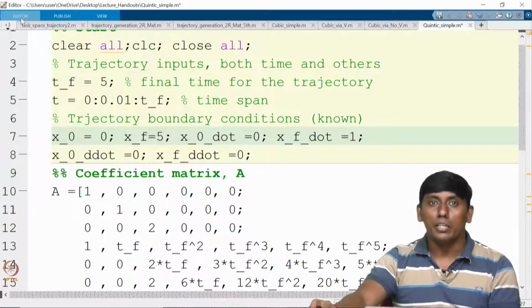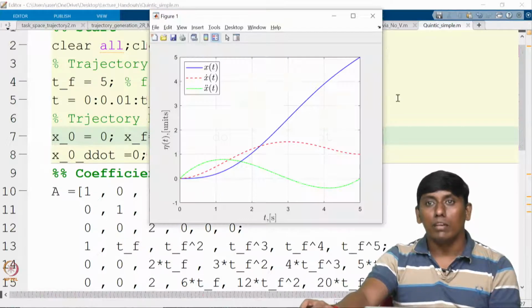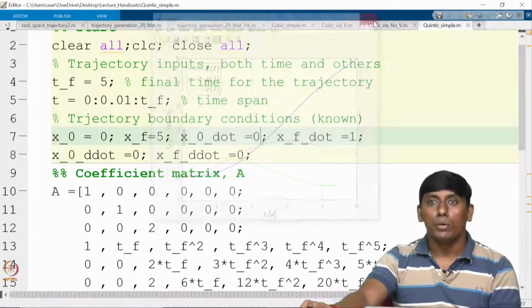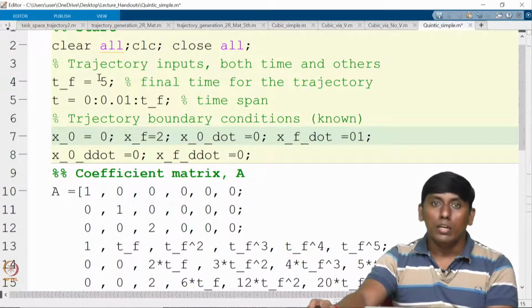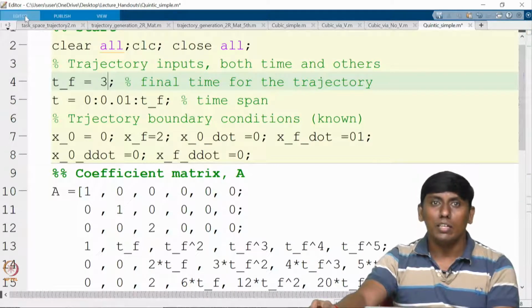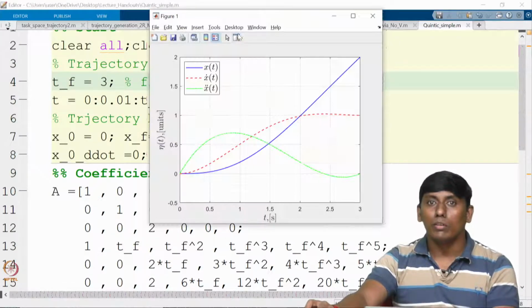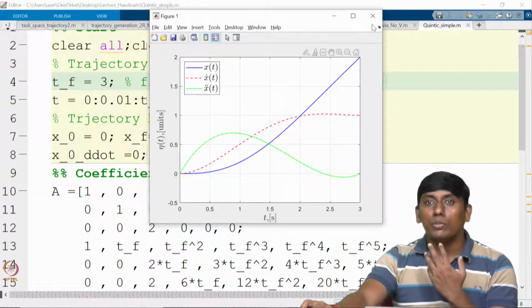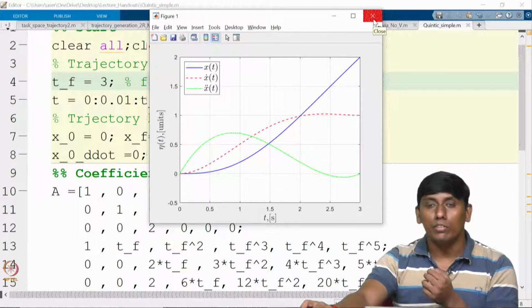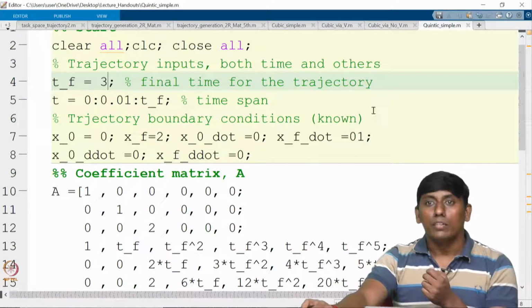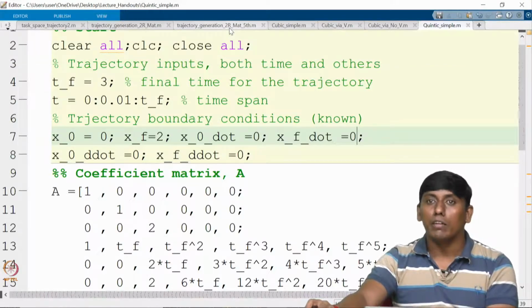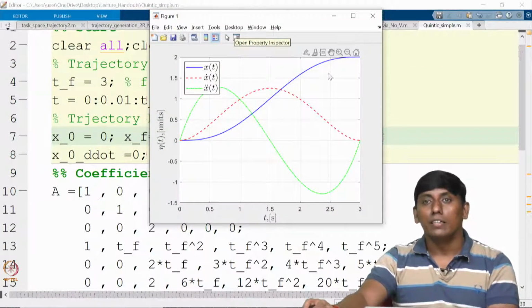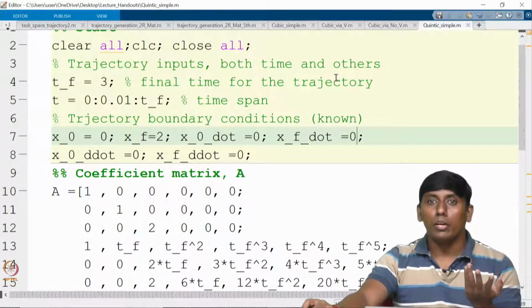So now I am putting this as 0. You can feel it is ending with 1. Now I am putting this as 0, this as 2, and this as 3. You can see that variation; whatever variation you want, we can do all of these. Now you can see it is much different, right? These all we can try to see and get done. Here I did not make it. So now we can see that even if the final velocity is 0, it ends. So I hope it is clear how the fifth order polynomial is working.